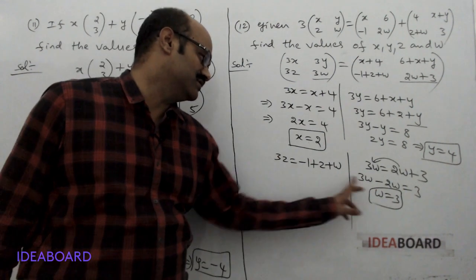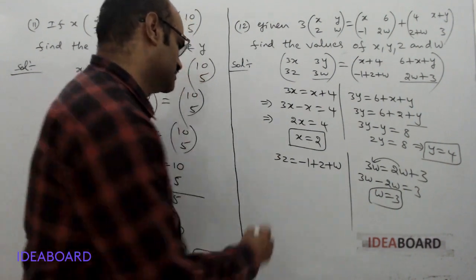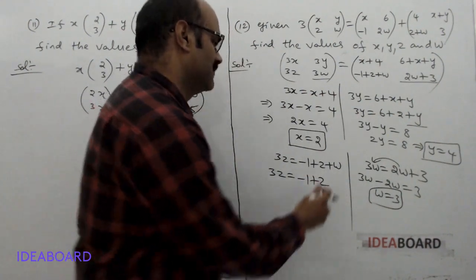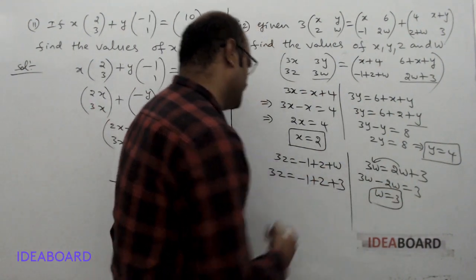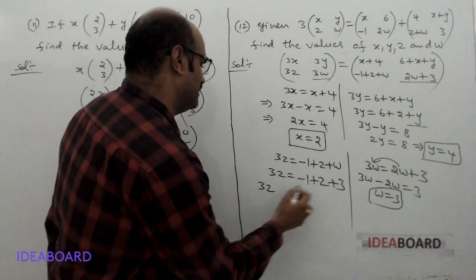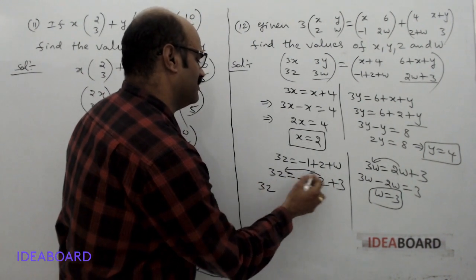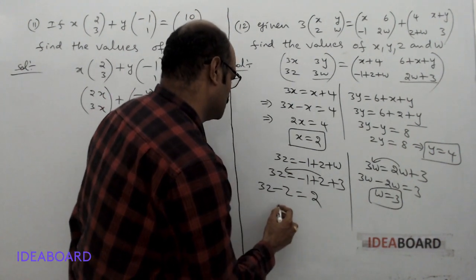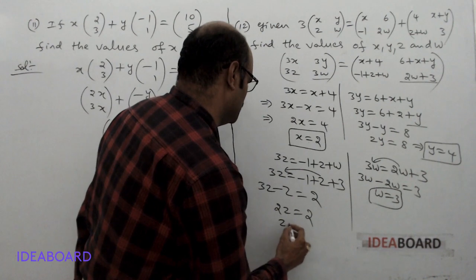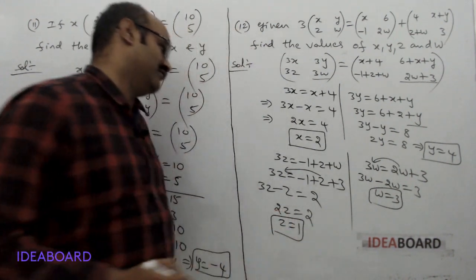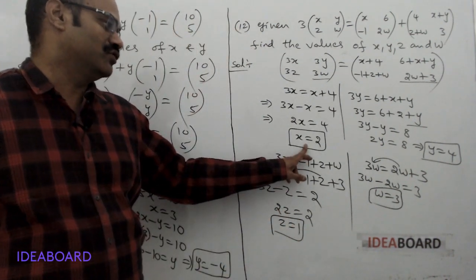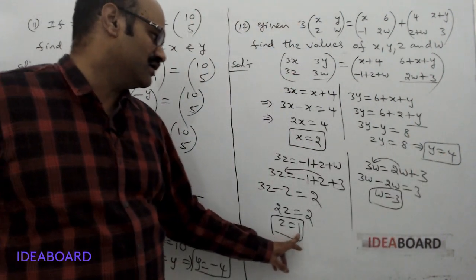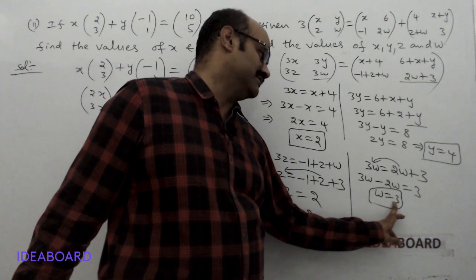Now put w equal to 3 here. We get the value of z. So it implies we get 3z equal to minus 1 plus z plus w, which is 3 here. So 3z, right, plus z from RHS to LHS, 3z minus z equal to 2. So it implies 2z equal to 2, z equal to 1. Therefore, the value of x equal to 2, y equal to 4, z equal to 1 and w equal to 3.